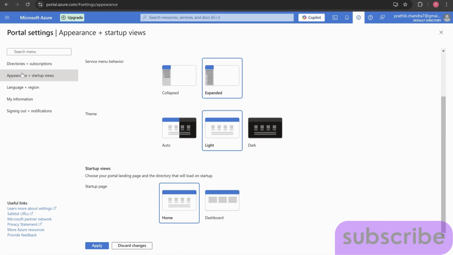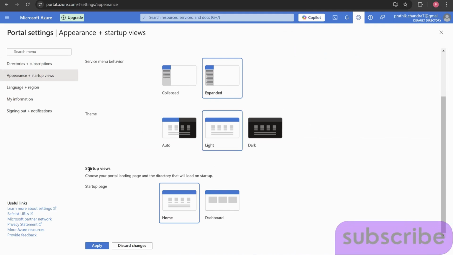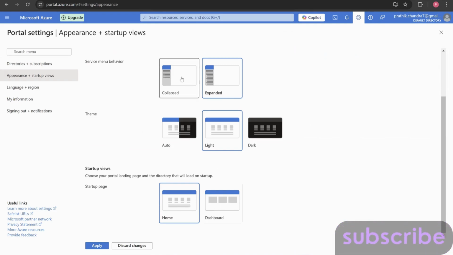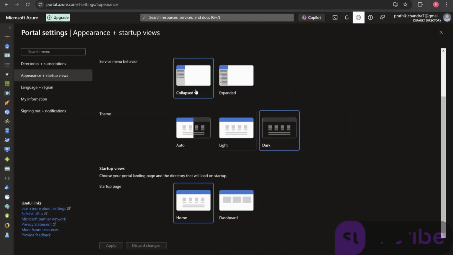So if you come down, you can see there is an appearance and the startup view. There is either expanded or collapsed. You can choose whichever you prefer. There is dark theme, there is light theme, and down over here you can see the startup page. You can see home or dashboard. If you want the portal menu to be collapsed on the home page, you can choose either collapsed, choose dark. So I'll just show you, if I click on apply, you can see this, guys. Now if I click on collapsed, you can choose it from this side, guys. If I click on expand and if I click on apply,